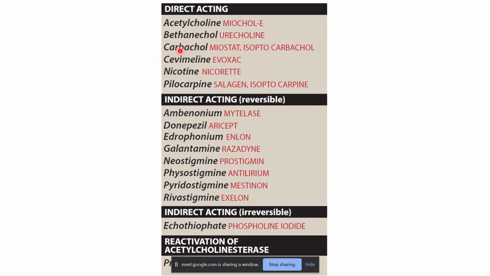Carbachol and bethanechol are used in experimental pharmacology, and some of them, like bethanechol, are used in clinical practice too. Then the indirect acting agonists will inhibit the enzyme acetylcholinesterase,